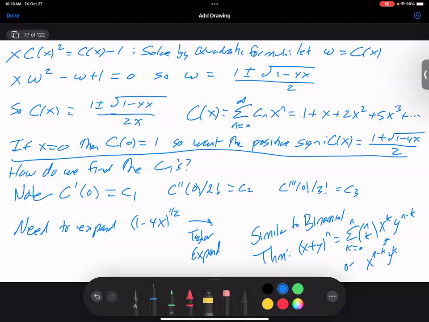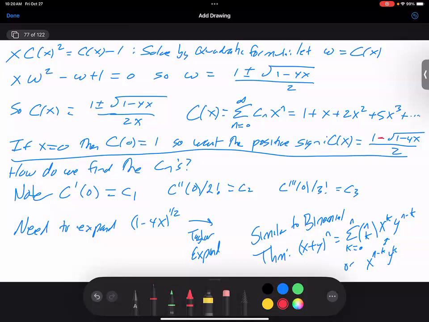Okay, so now if we take the plus sign, we would clearly get something that's undefined. It's got to be the minus sign. Right? This is why I always hate working with a quadratic where the leading term is not 1. Because then when you're doing the quadratic formula, you've got to remember to put in the x. We forgot the x. So we know when x equals 0, we should be getting 1. So how would you evaluate this when x equals 0? If I have the plus sign, the numerator is converging to 2, the denominator is converging to 0, it blows up. So since I only have 2 choices, if one choice doesn't work,